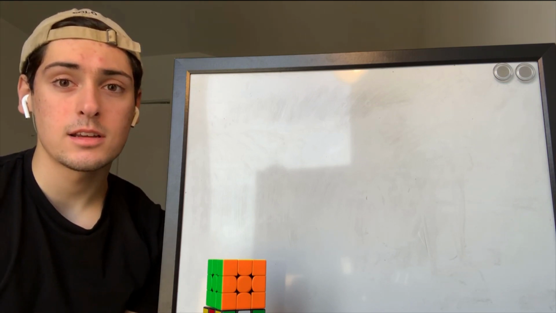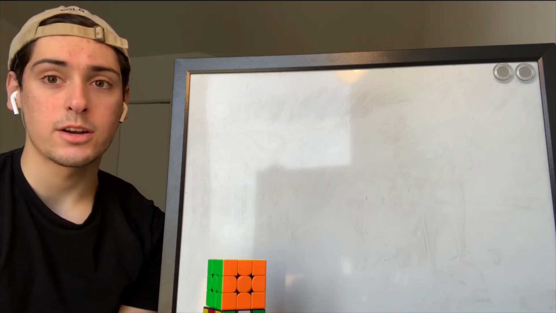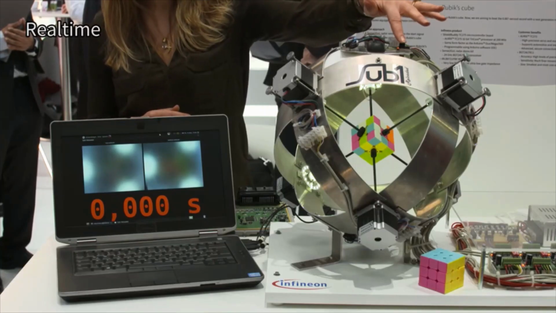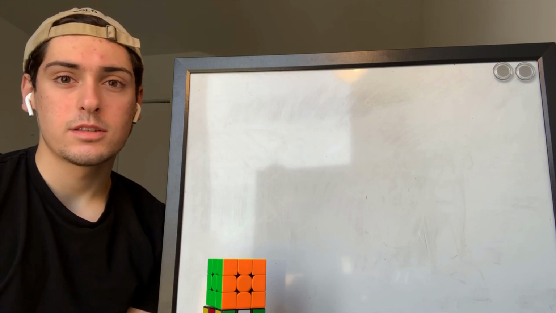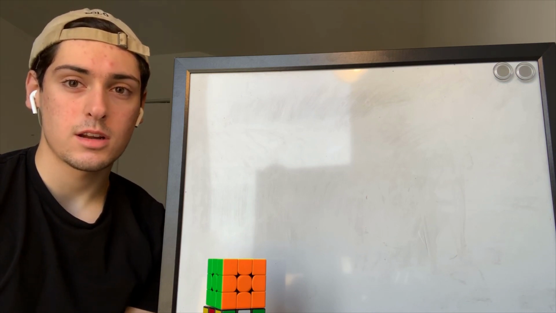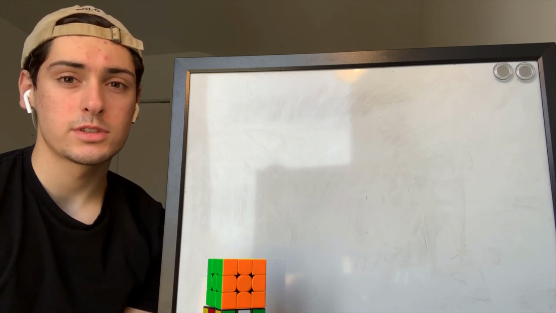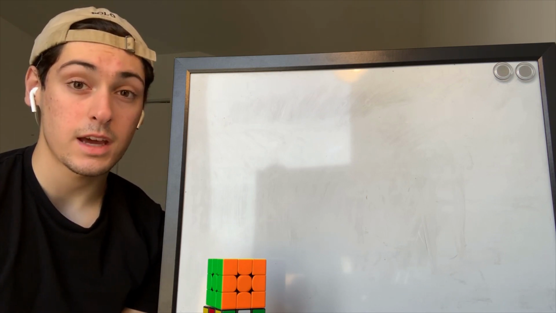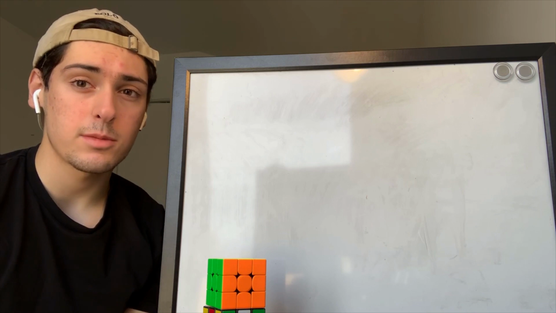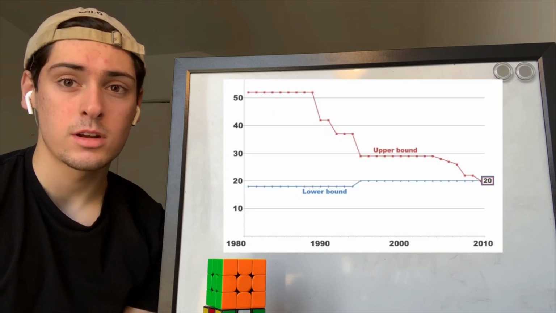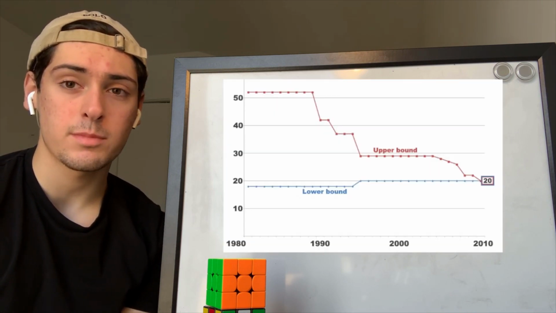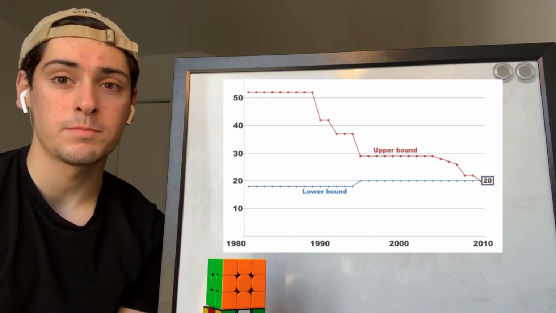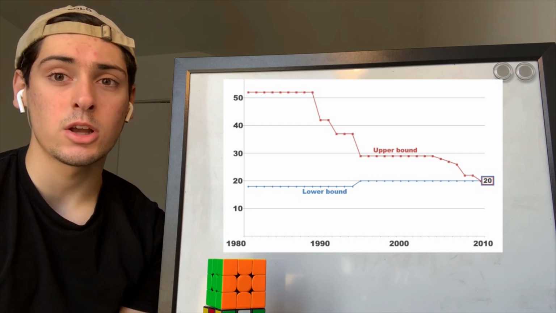In 2016, Sub1 was able to break a world record and solve the cube in only 0.637 seconds, using only 20 moves. This brings me to the story of what cubers call God's number, which is the lowest number of moves to solve all 42 quintillion possible permutations of the cube, and that number is 20. This took mathematicians about 30 years to figure out, slowly decreasing the upper bound for the maximum amount of moves it takes to solve any possible cube permutation, and years went by until it reached the lower bound of 20